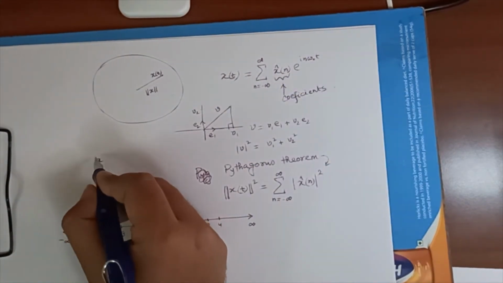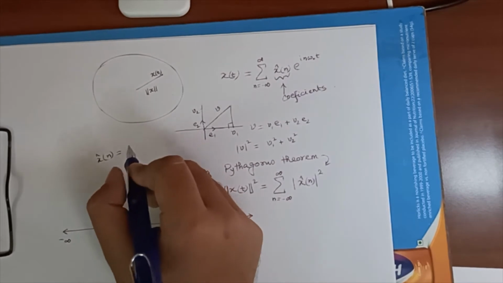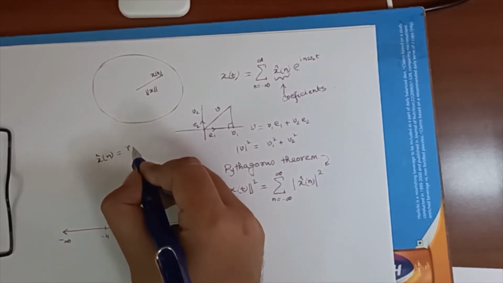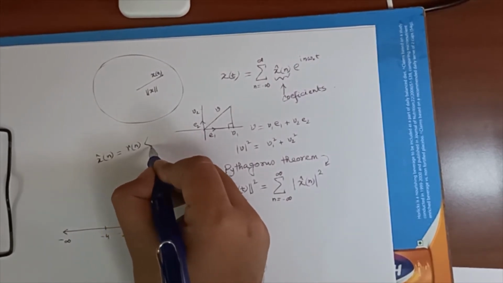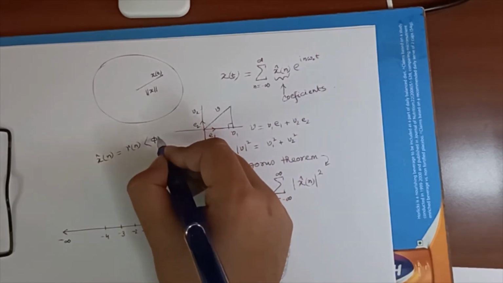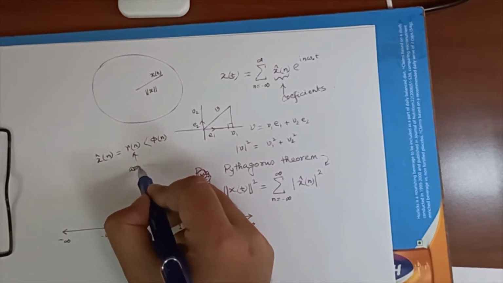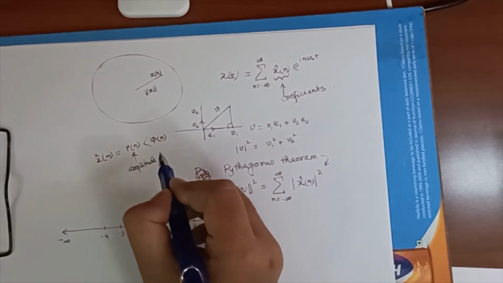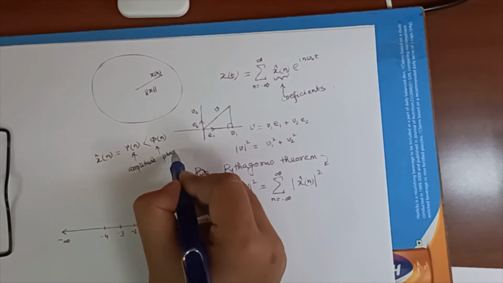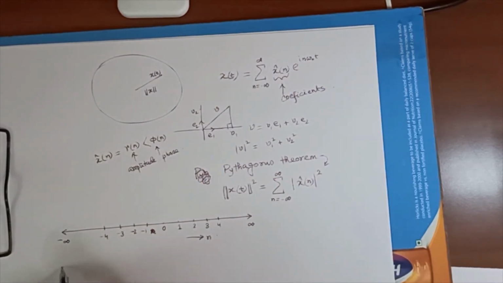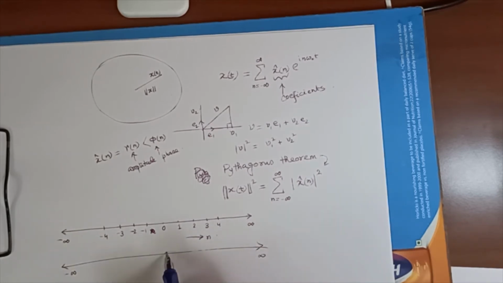We can write x hat n in the amplitude-phase way as well, as Rn angle phi n, where Rn is the amplitude and phi n is the phase of those complex numbers. Then we can plot two graphs over the integers 2, 3, 4, etc., and minus 1, minus 2, minus 3,